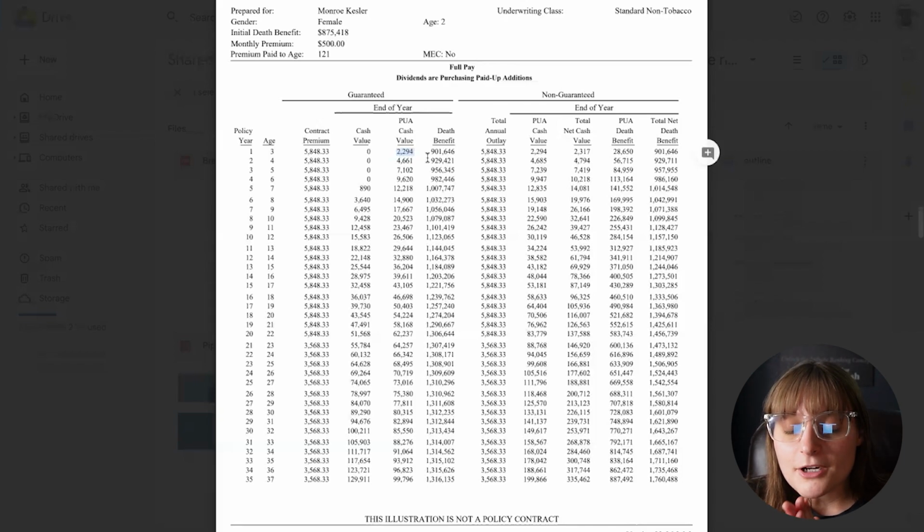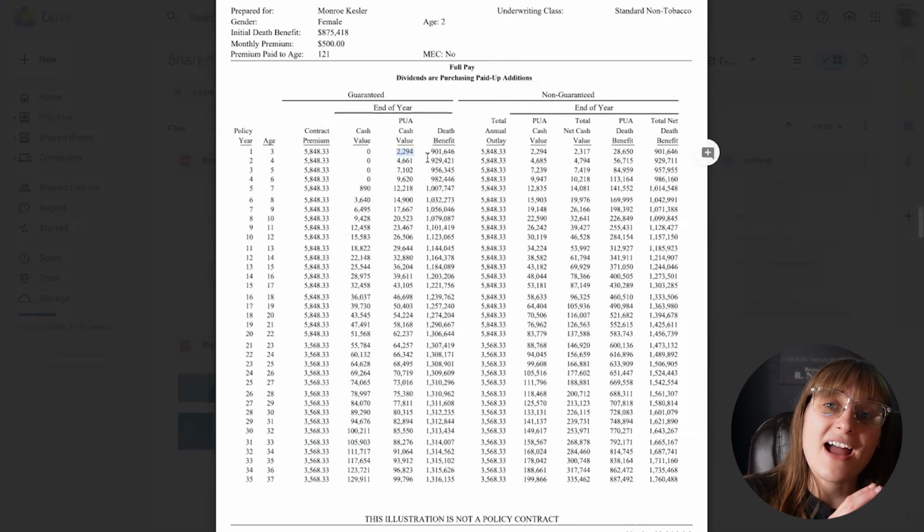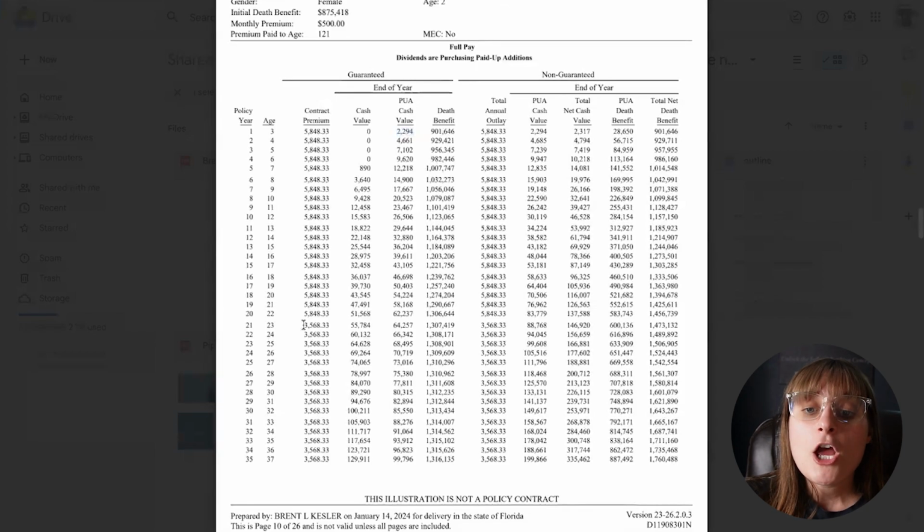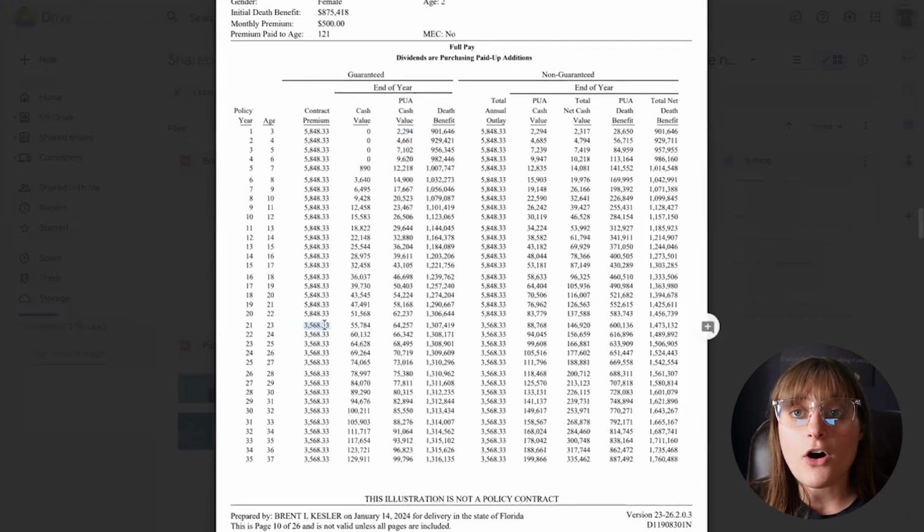So Monroe is saying, hey, I don't need the cash right now, and this is why I would design her policy with a stronger foundation, a stronger base premium compared to the paid up additions. Because you'll notice as time goes on and the policy gets more aged and seasoned and matured, those booster rockets, the paid up addition riders, they're going to fall off the policy. And when they fall off, it's that base premium that's going to keep growing and sustaining that cash value growth in the policy.